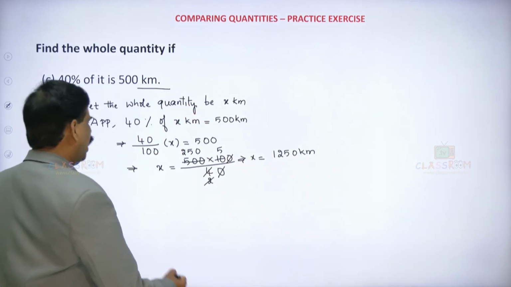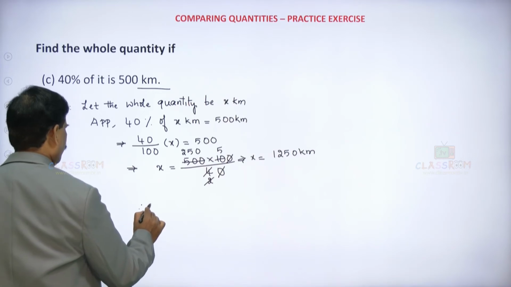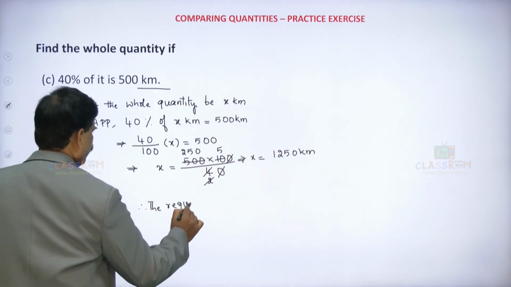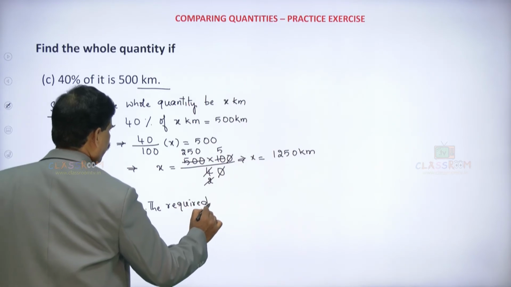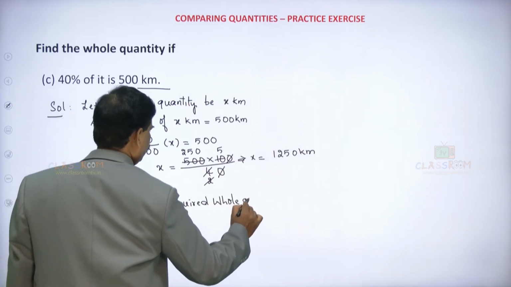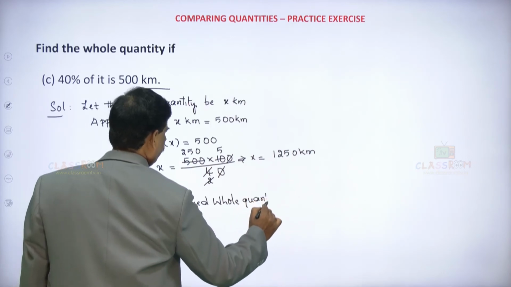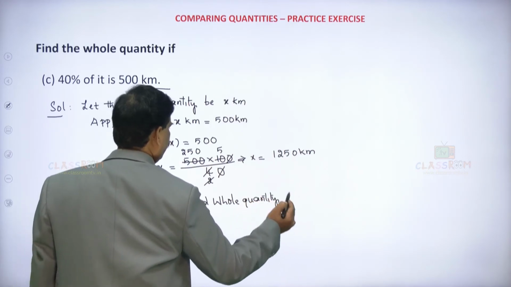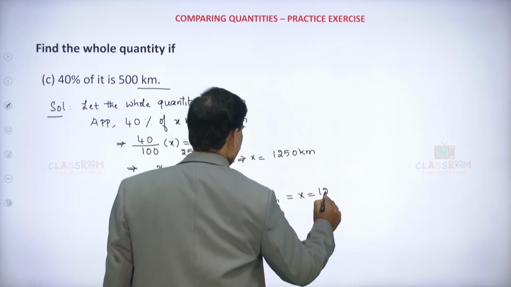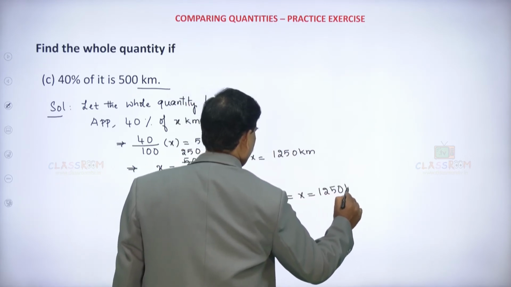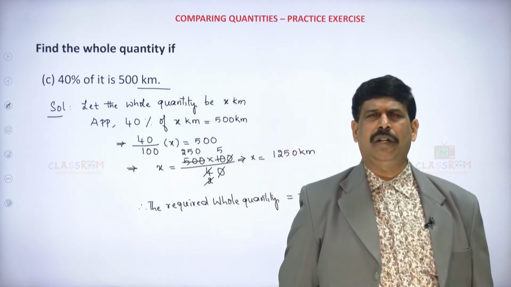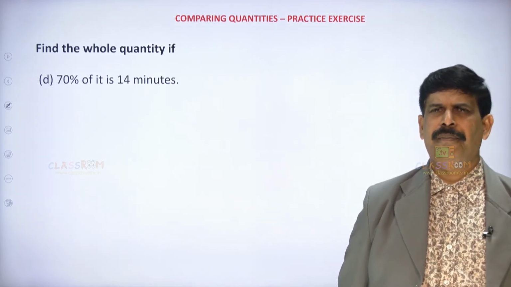So therefore the required whole quantity is equal to x, that is 1250 kilometers. Clear? Now